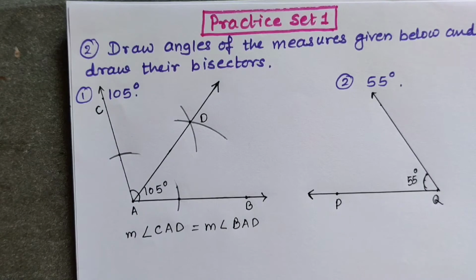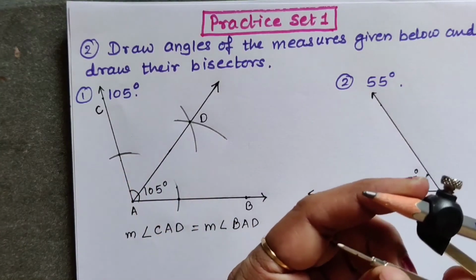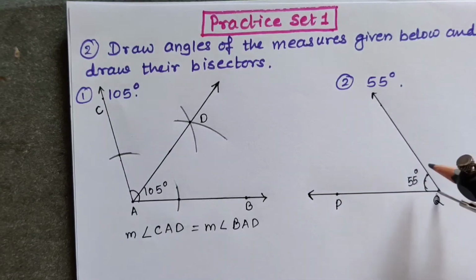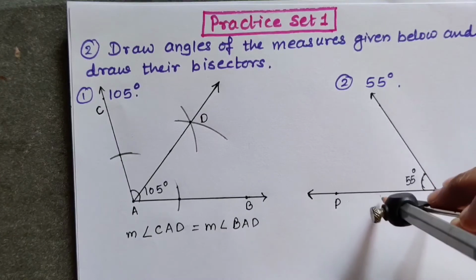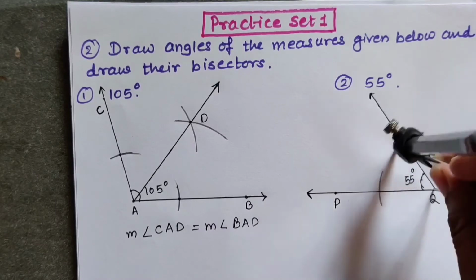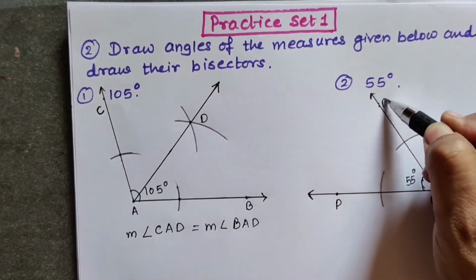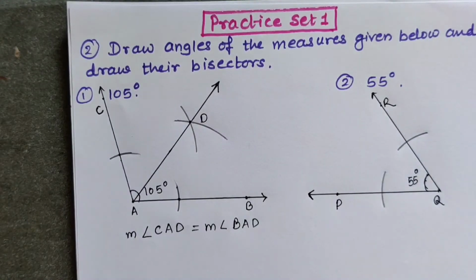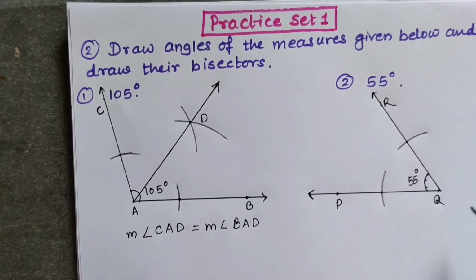Now for bisecting the angle, the same procedure is there. We will bisect by using our compass. The distance should be a little small, and then place this pointer on point Q and draw an arc on side QP and another arc on side QR. We can name this point as point R. So this will be side QR. In this way we have got one point on side PQ and a second point on side QR.